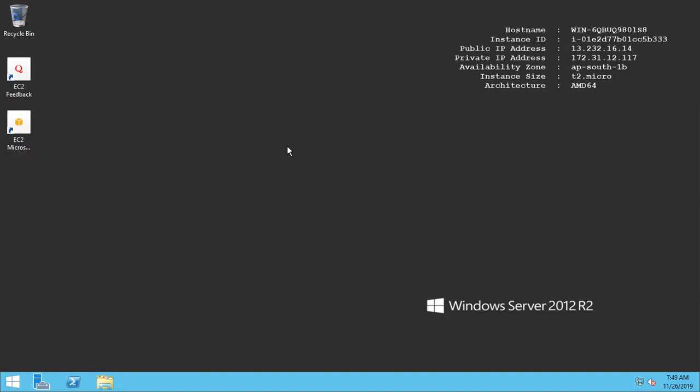You know what metadata is? It's data about the data. For example, this instance has some data, but we also have some information about this instance: when it was launched, what security group it is using, what the public IP address is, what the private IP address is. That is all information about my instance. All that information we can get by using the metadata URL.